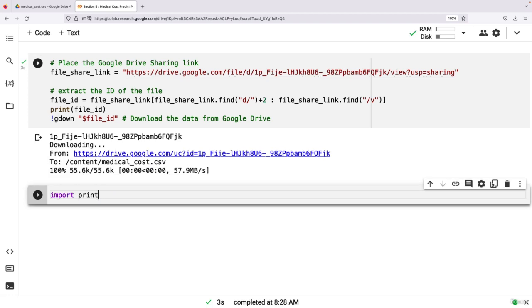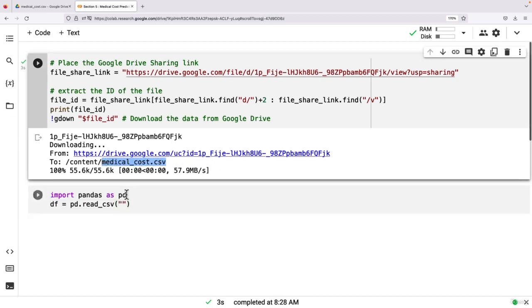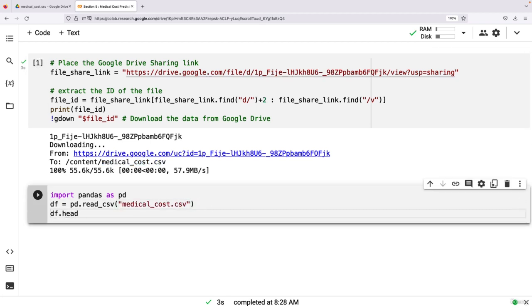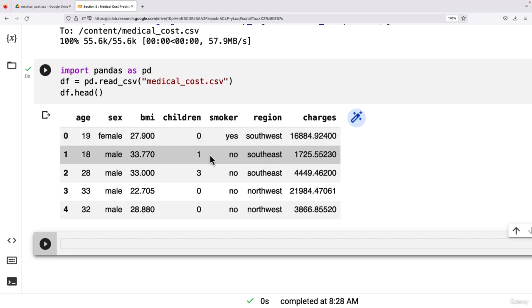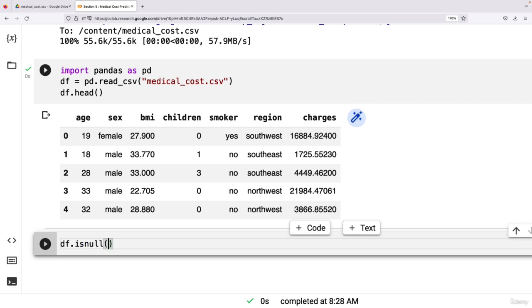import pandas as pd. Then I'm going to say df is equal to pd.read_csv and the file name is medical cost, so medical_cost.csv. And if I display the first few entries of this data frame, okay, so this is how my data set looks like. Now I'll start by checking whether we have any null values in this given data set. df.isnull().sum()